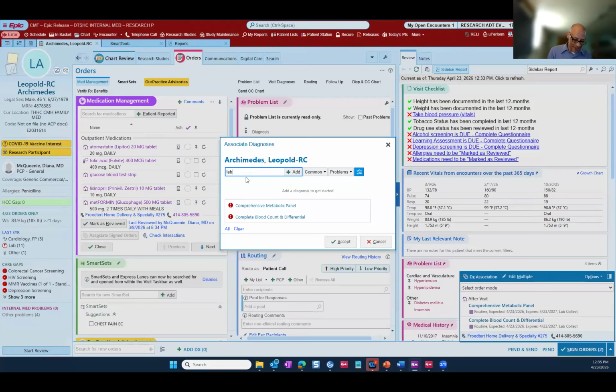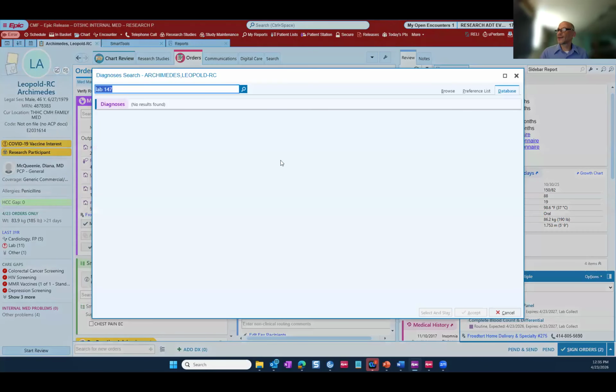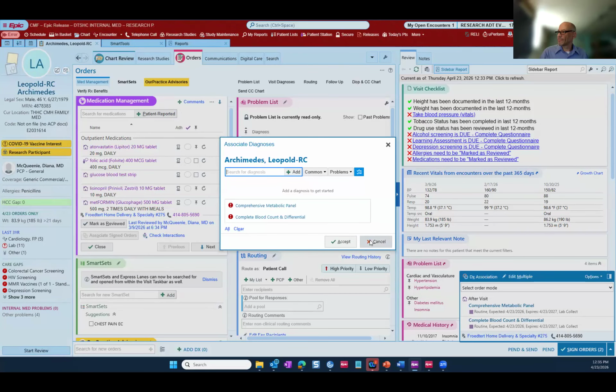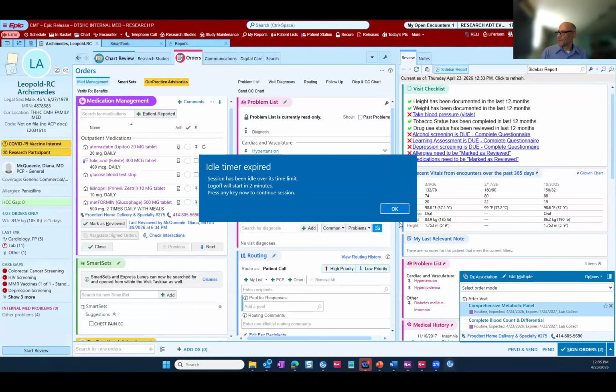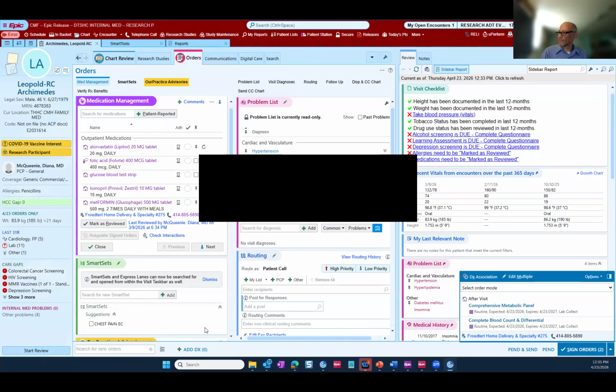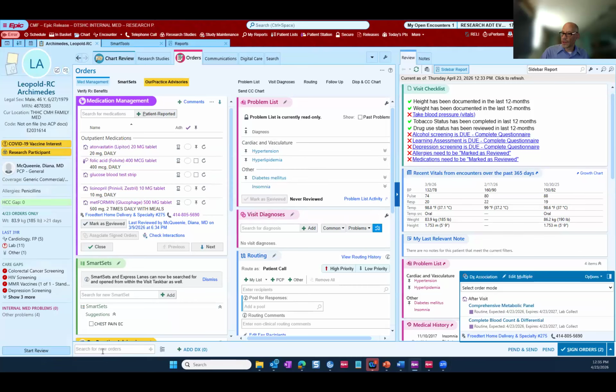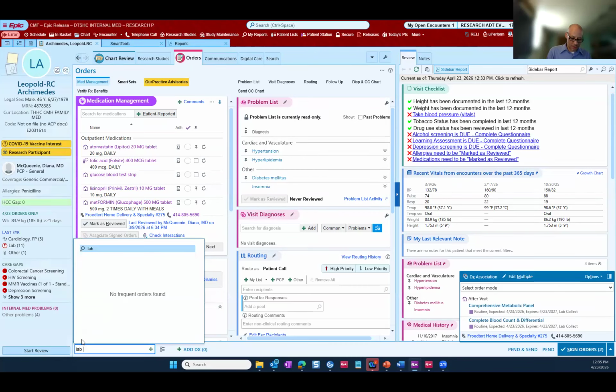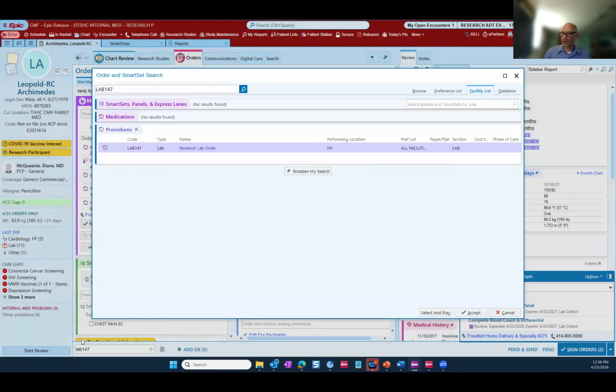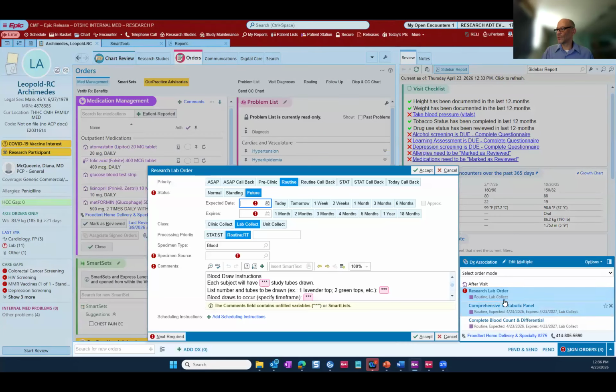Oops, I forgot the most important one there. Lab 147. Sorry, guys. I think I've got a space in there. Here we are. Bear with me. Here we are. Okay, so we'll add lab 147. Here is the lab order,